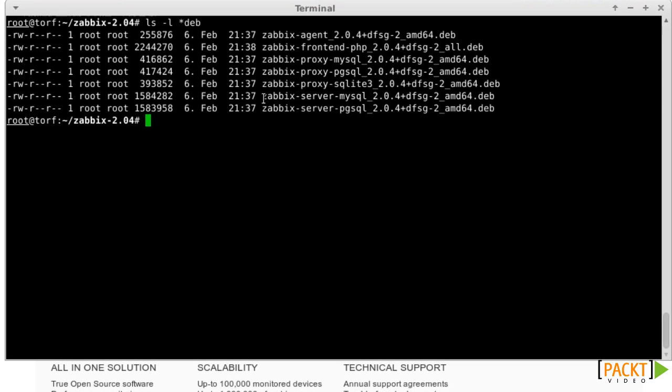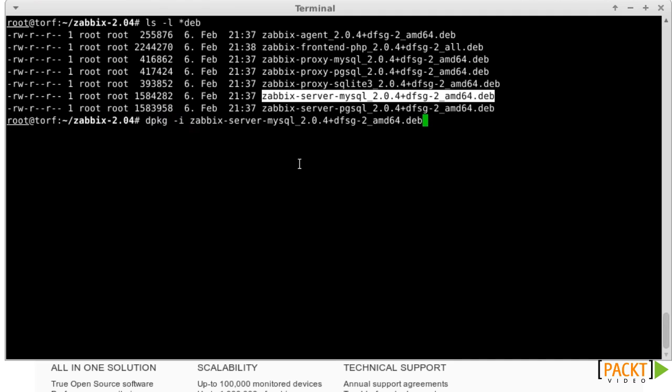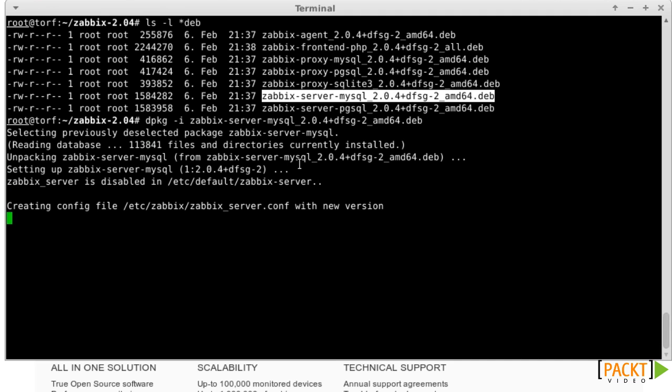As you can see, I have already downloaded the appropriate Debian binary packages. So let's install the server package by using dpkg -i. I'm pretty sure that you're wondering why I'm using dpkg to install the packages and not just apt-get or aptitude. The reason is that at the time this video was made, Debian Wheezy had just been released, which did not contain the Zabbix packages anymore. If you are using the Wheezy backports repository or any newer release of Debian, you should be able to install